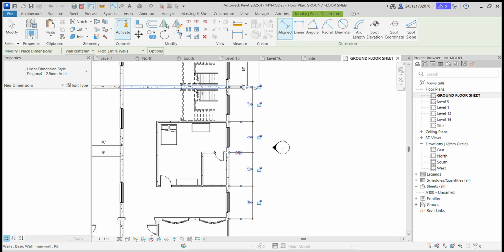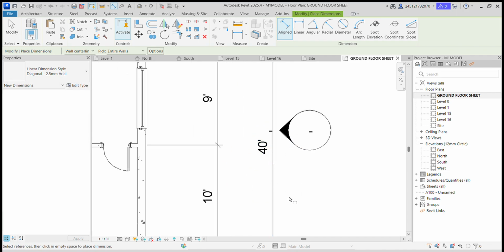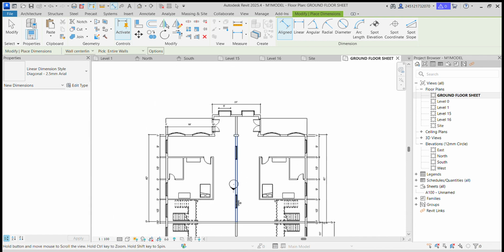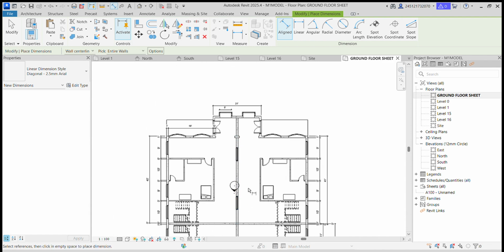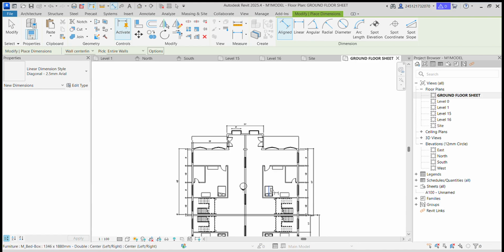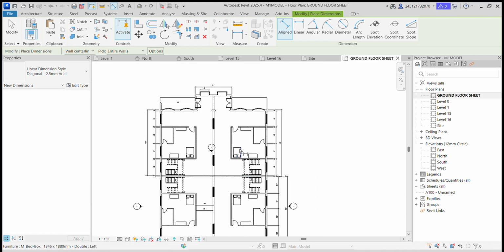If I don't want intersections, go to the options and you have to uncheck it. Now if you click, the whole dimension will be created here. Okay, this is how we are going to create dimensions. Get it? Okay. Now I created dimensions, but the colors are very